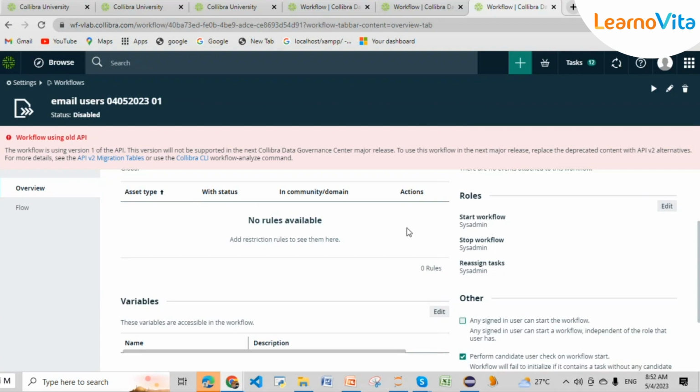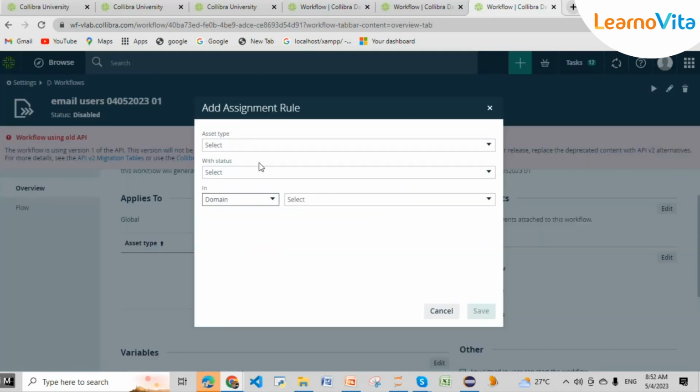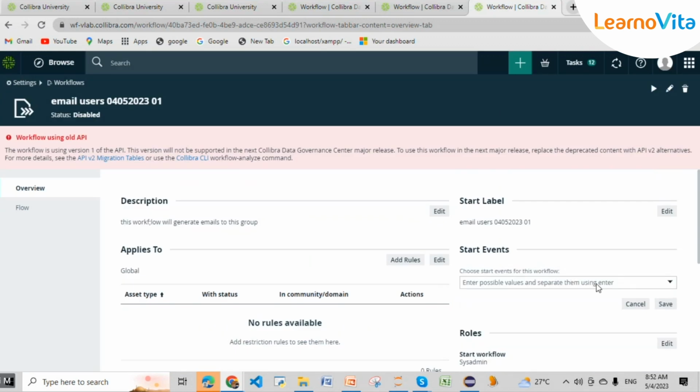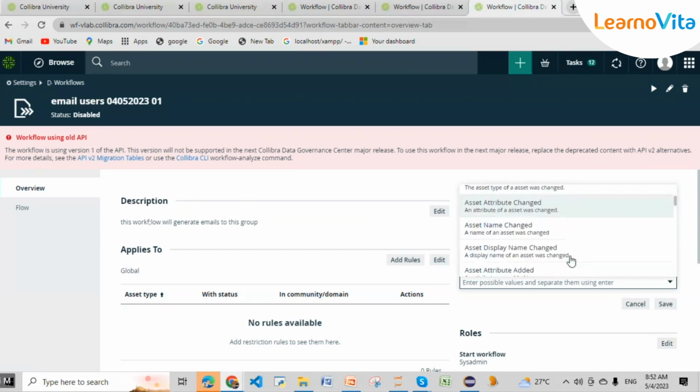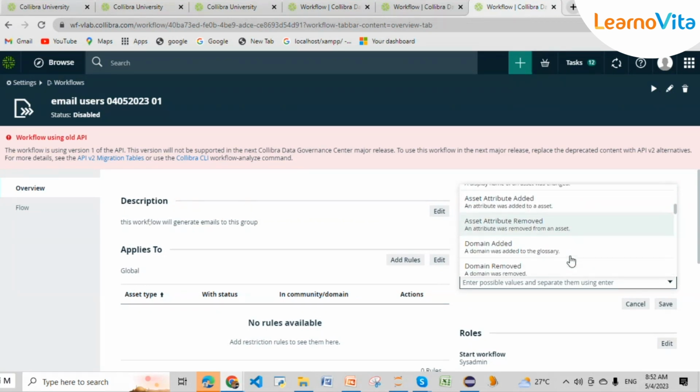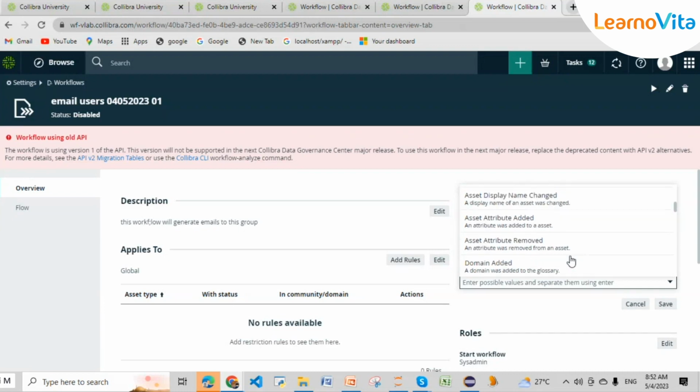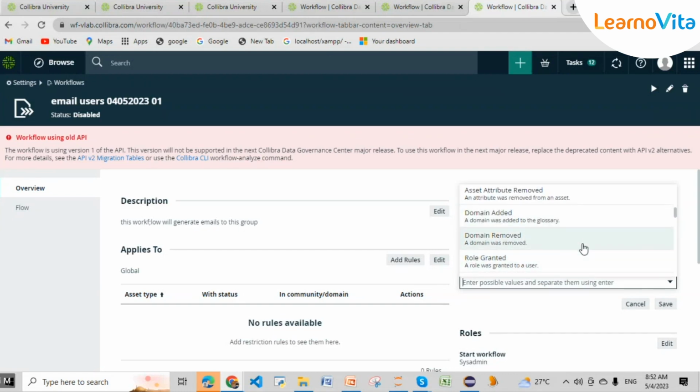It directly moved on to the review by the subject matter expert, who will be tasked to approve or reject it. So in the start users,